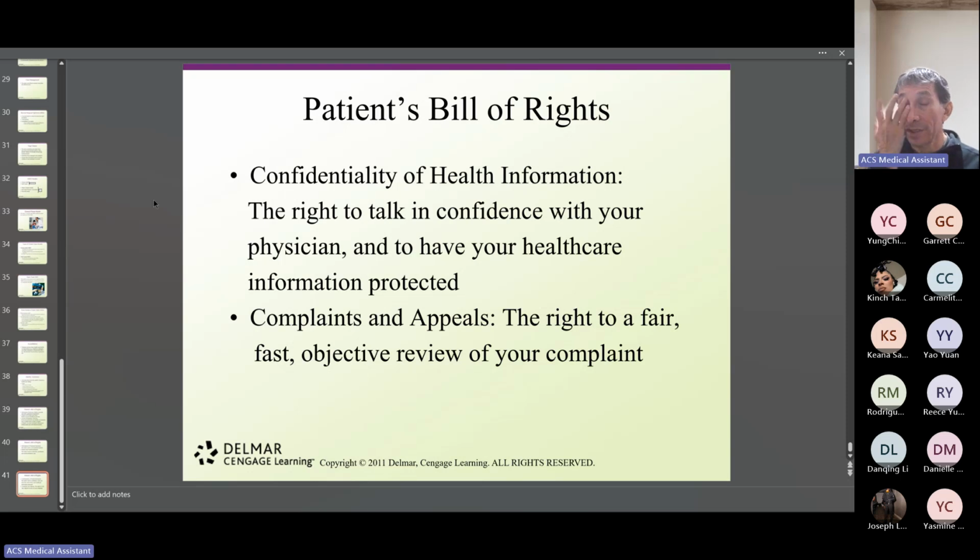Now, once again, we're not talking here about healthcare in general. It's just for insurance purposes, how we keep the patient's information. But in reality, the patient has some obligations as well, some responsibilities, which we discussed previously in other chapters. Okay, so we're done with this chapter. We're going to move to the next one. Any questions before we move to the next chapter?